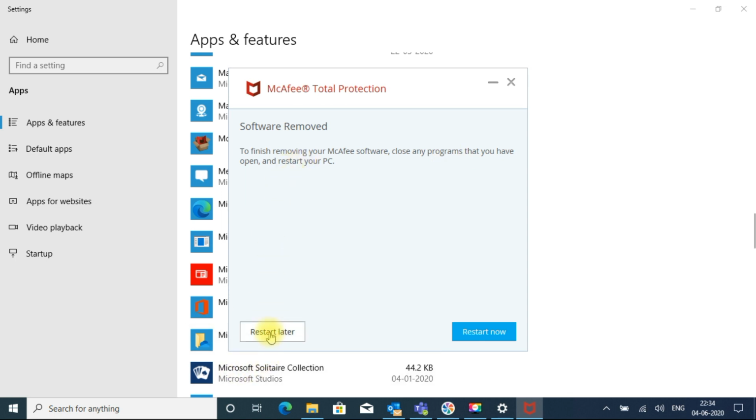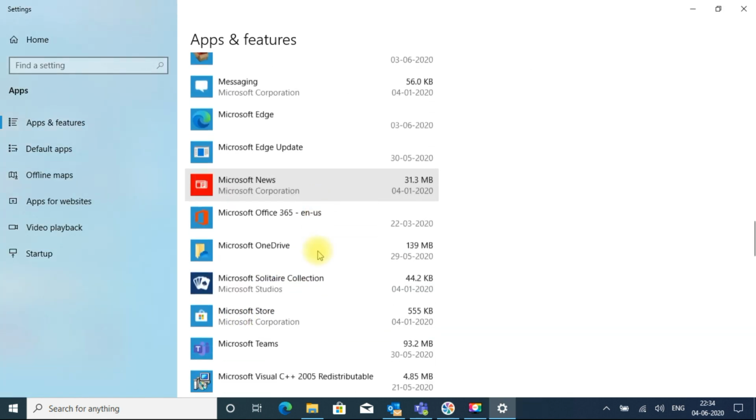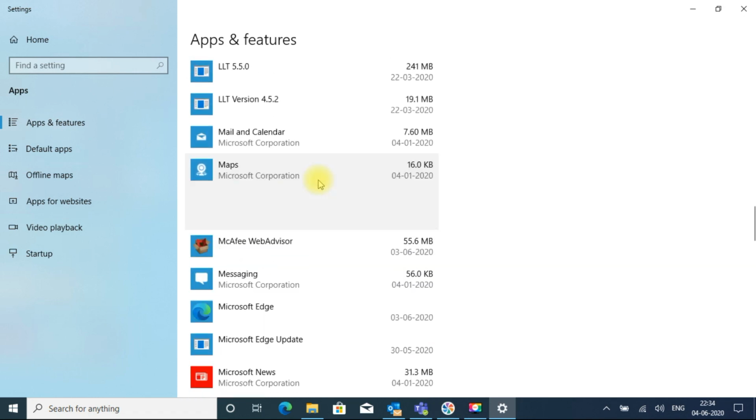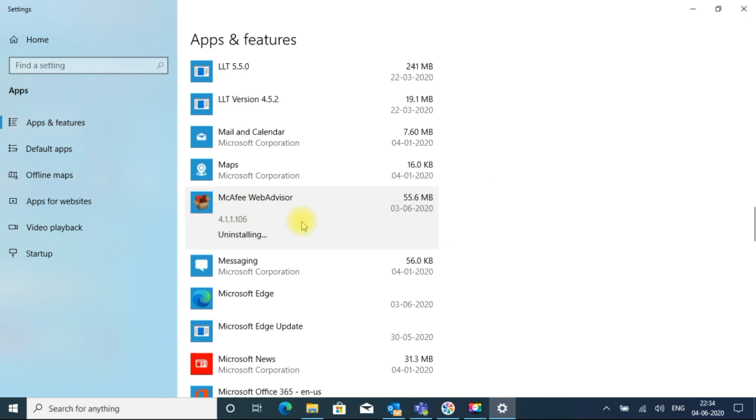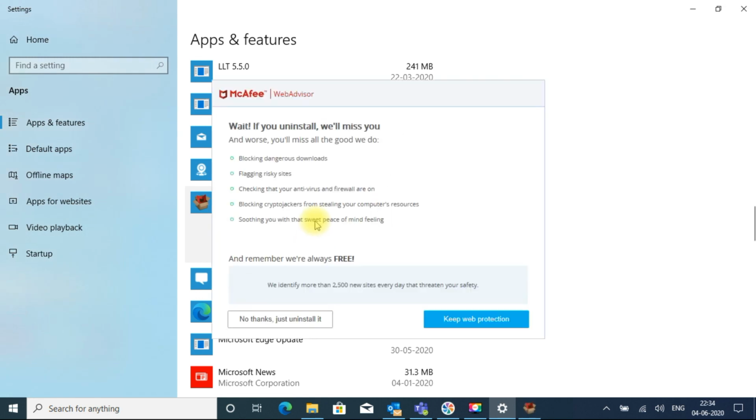Then you can choose restart later. Another one, WebAdvisor, is also there. You can uninstall that also, because while installing the McAfee package itself, this also gets installed.